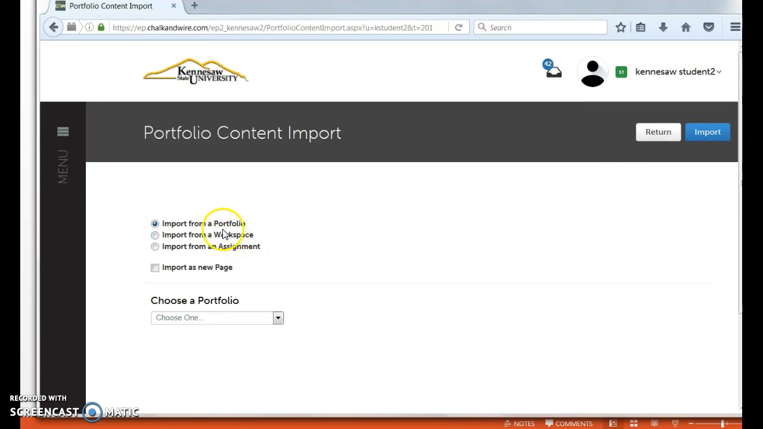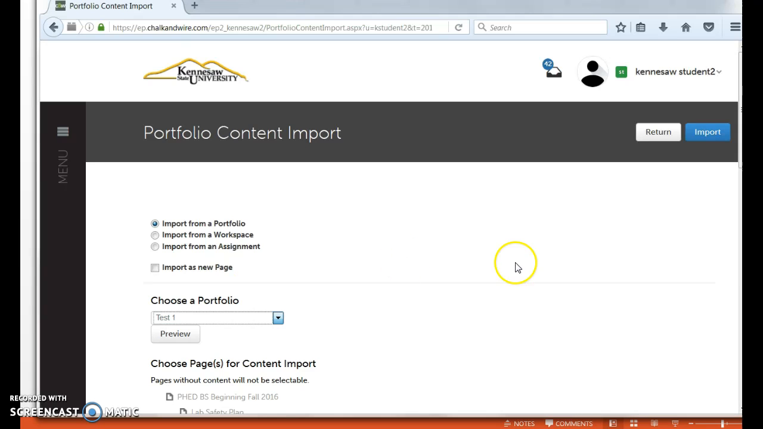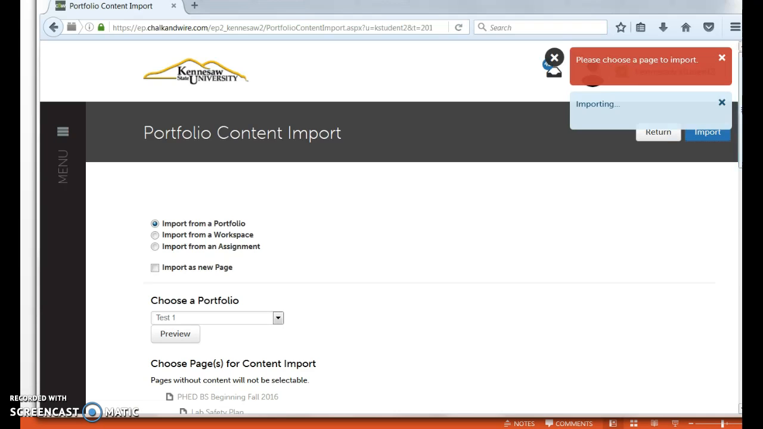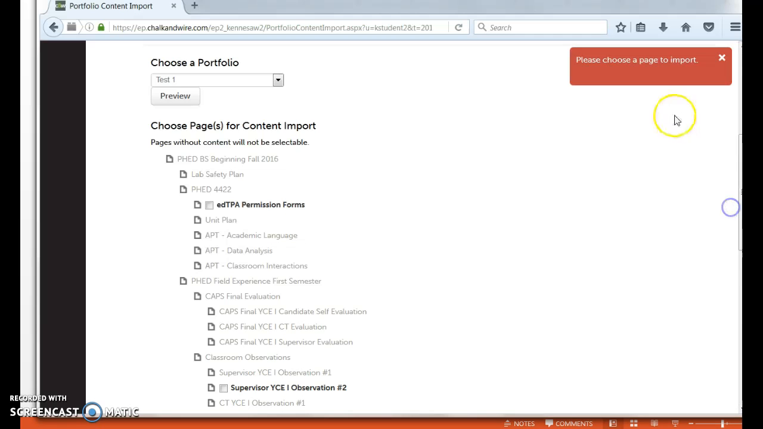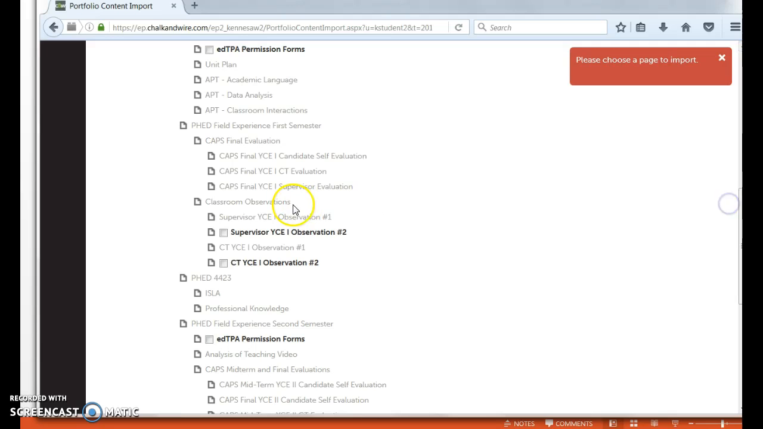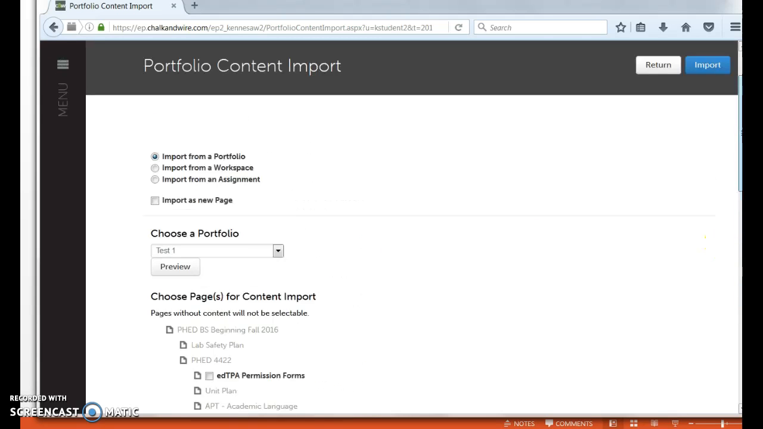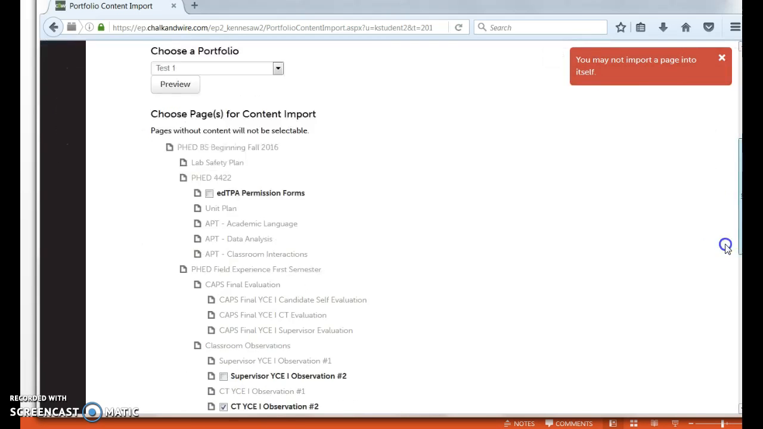We're importing to our portfolio. Select the portfolio, whatever you have named it. Then press Import. Oops, I left off a page. It prompts you, please choose a page. So you have to select the correct assignment. So this is the CT Observation 2. There we go. And now I select Import. Okay, so now